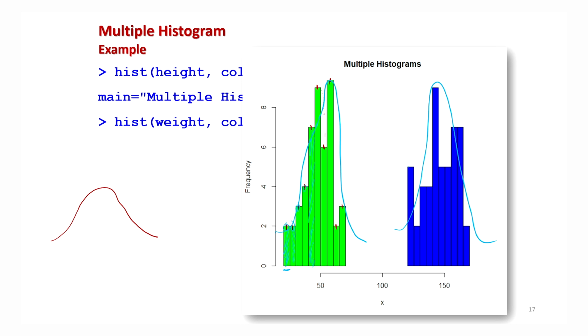But anyway, if you compare these two curves over here, you can have a fair idea that the frequency of height and weight up to 2 is nearly the same, right? But the number of people who are having a frequency here of 5, like this. So different types of conclusions can be taken here, and it depends on your capability and the questions which you are going to answer.